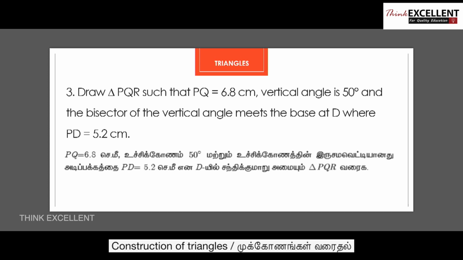Draw triangle PQR such that PQ is equal to 6.8 centimeter, vertical angle is 50 degree, and see the third one, that's very important. Bisector of the vertical angle meets the base at D where PD is equal to 5.2